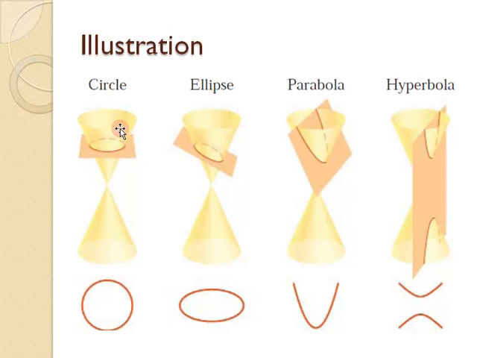Conic intersection, right? So if I did the plane straight across this right circular cone, that shape that you see right there, if you were to look straight down on that plane, is a circle. That's why the first curve that we looked at in this chapter was the circle. It was a conic section. Now, if I slightly tilt that plane sideways, what's going to happen is that shape is going to stretch out in one direction, right? It's going to become more ovular. It's going to look more elliptical, which is going to be the ellipse, what we're going to talk about in